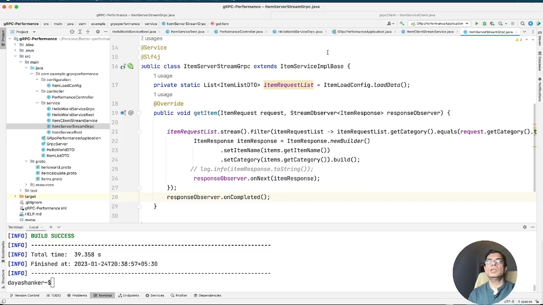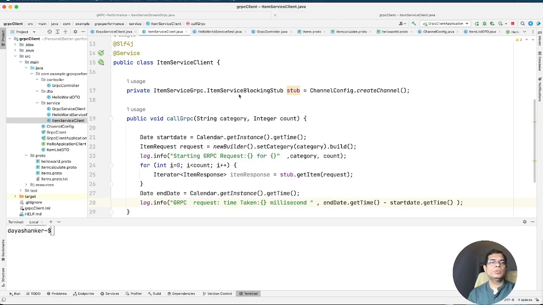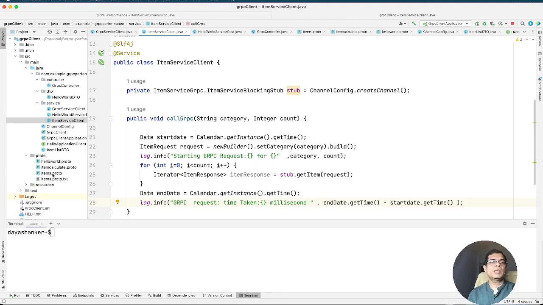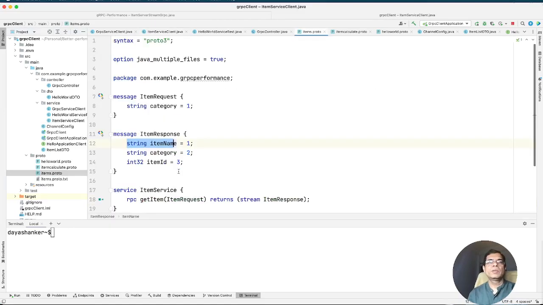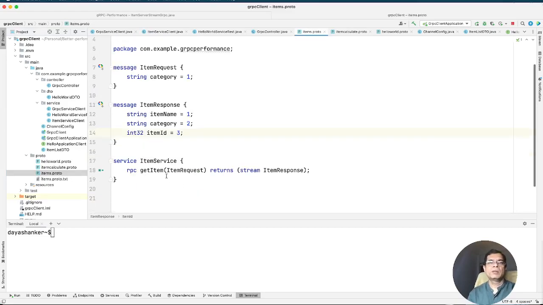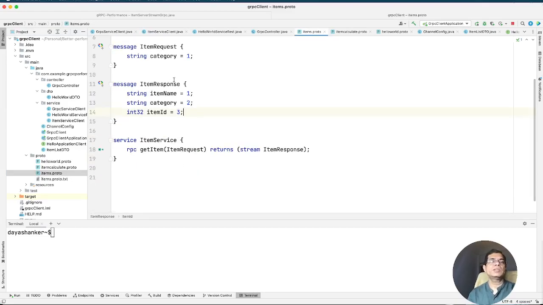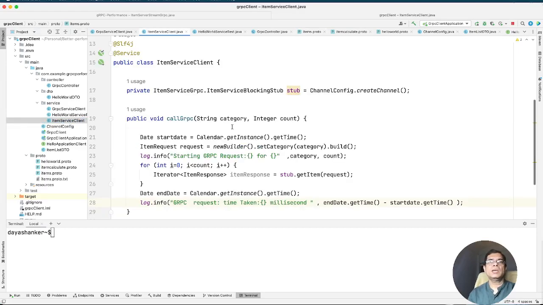Let us go on to the client coding. On the client side also, we will have the same item protocol buffer. In this item protocol buffer, we will have the very same services to be created. Once the client is created, we will have the item service client. In this item service client, we are going to call the gRPC. Here I have made one change: I have created this item service blocking stub using a bean. So if you look here,